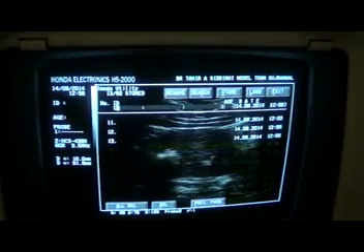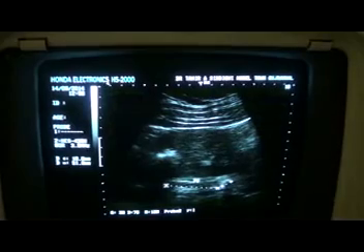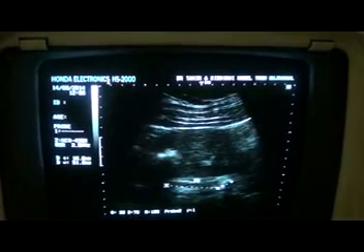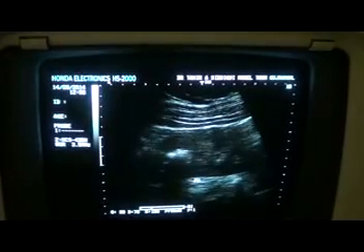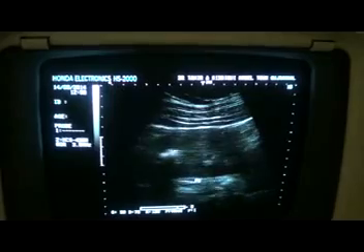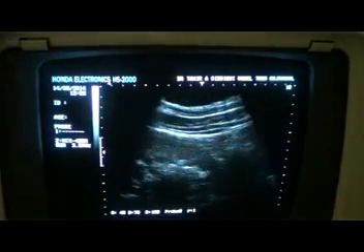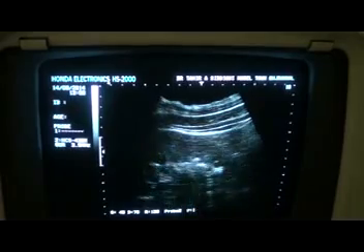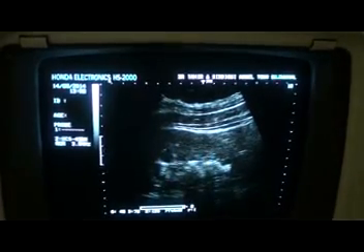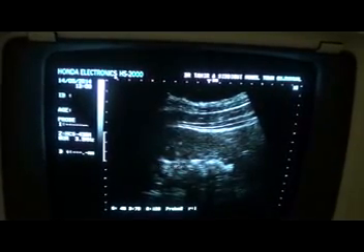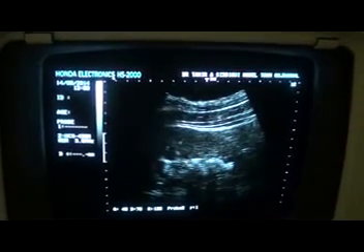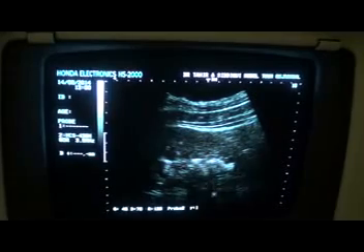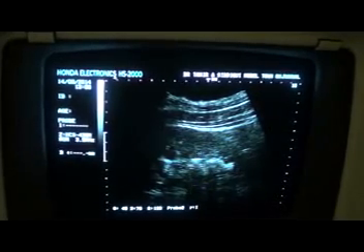Now what is the status of the left kidney? This is the right kidney, and now I am going to show you the left kidney. This is the left kidney. You can see that there are multiple calculi seen from the lower to mid region of the calyces, collecting system. This is a calculus, this is a calculus, this is a calculus, this is the posterior shadow that you are seeing